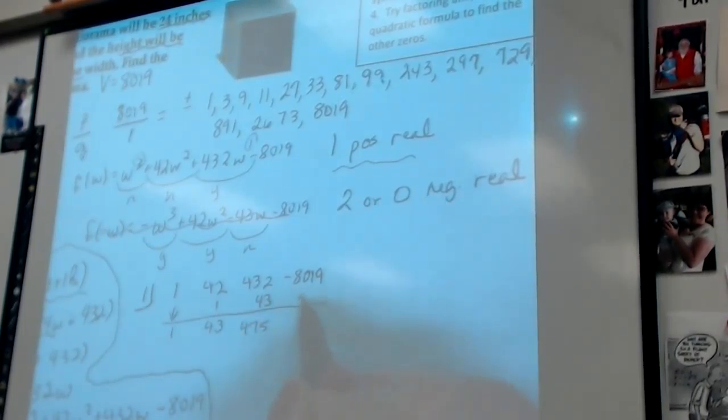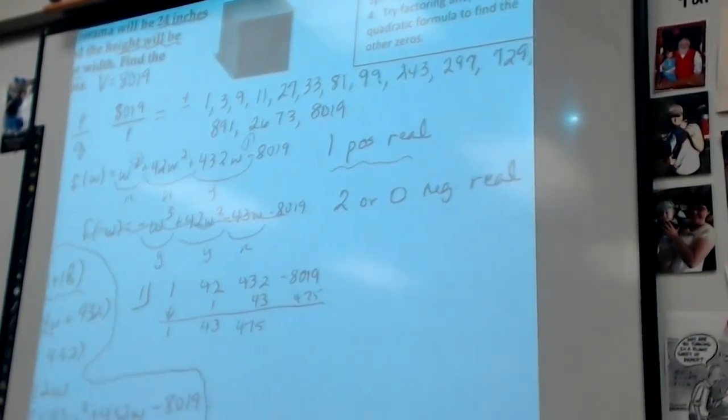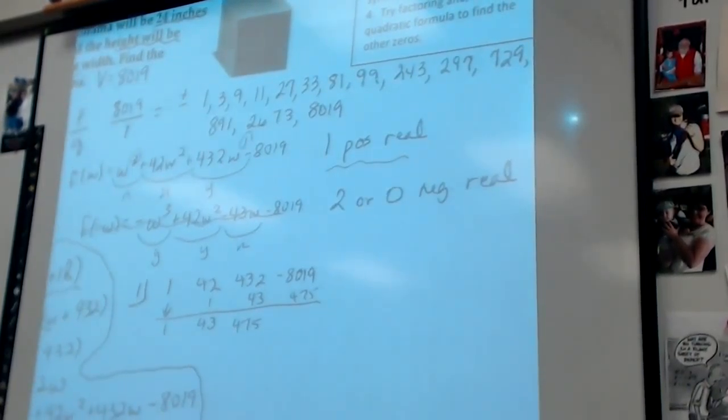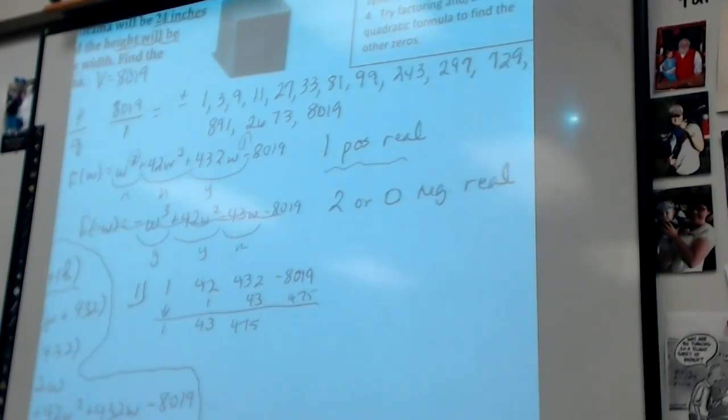So I only had to finish that one. It's not going to work. So what are we going to check next? What do you think we got to check next? 3? Now, if you notice that right here, that negative is going to be pretty far from 0, you might think, well, 3 may not get me close enough. So you could try 9, but to be safe,